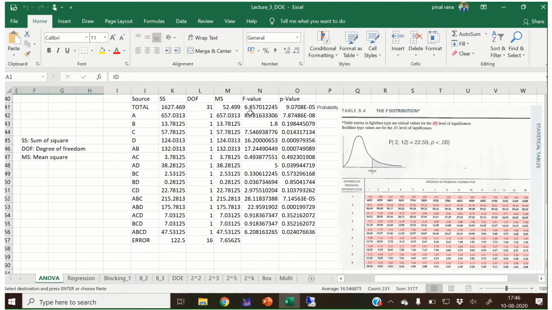A significant p value is usually taken as p less than 0.05, which means this data is considered with a 95% confidence level. So by considering that 95% confidence level, we are doing this analysis.